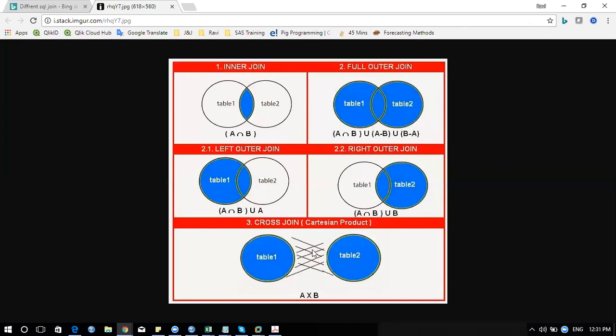Getting it? And this is nothing but your Cartesian product. Actually, this happens when you have one to many, and when you're not keeping any primary key in both those tables. So now everything is going to be performed on your primary key. That primary key, in the sense, the primary column should be available in both those tables. So either it may be ID or location, whatever it may be. Correct?